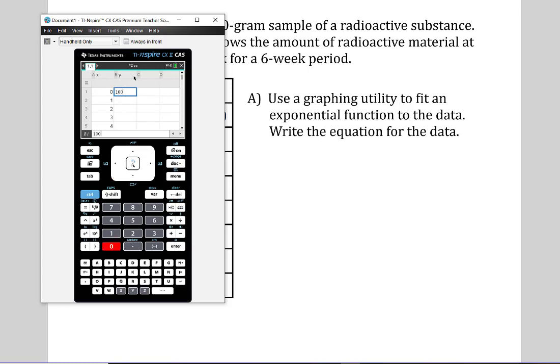So we got 100, 90.4, 76 point, whoop, missed that, 76.8. The third week is 69.7, then 58.2, 49.7, and the last week 44.2. So let's make sure we did them all right this time, since I messed it up the last time. That looks pretty good. Okay, so we're going to control, insert